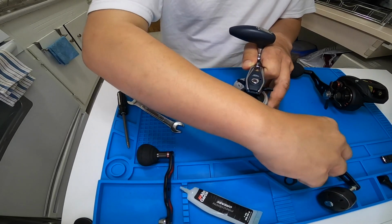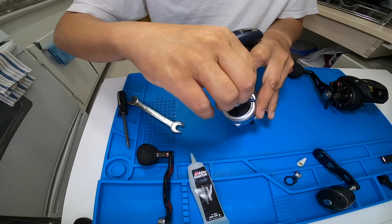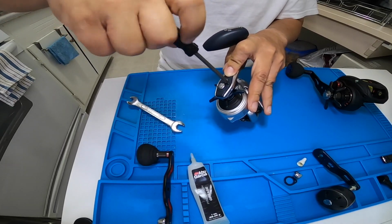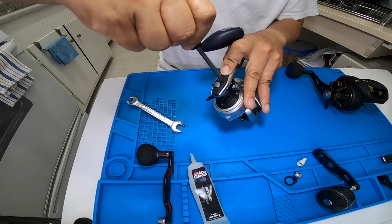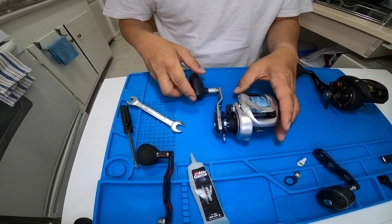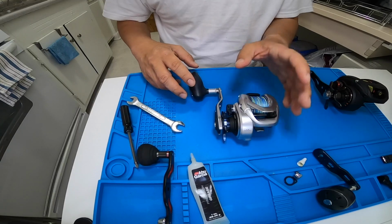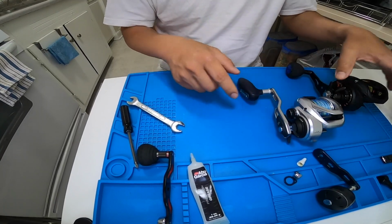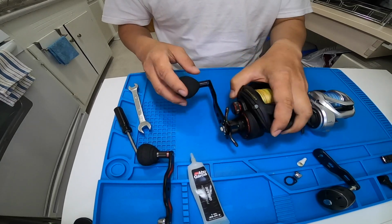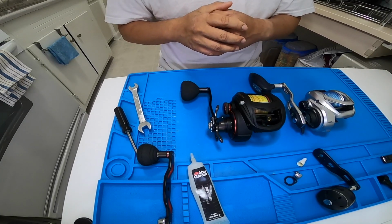All right. Now, let's also put grease there. Do not over tighten. There you go. So Shimano Tranx 300 upgraded power handle using the Ocea Jigger 1500 power handle, and Penn Fathom Low Profile 400 reel, and then power handle upgrade using the Garcia Revo Toro Beast, and